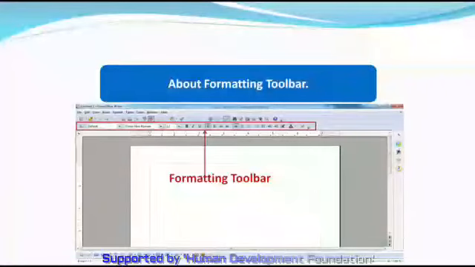Using the formatting bar, we can change the writing style, make the letters bigger or smaller or bold. We can write the words in italics, underline the written text, change the color of the text, or